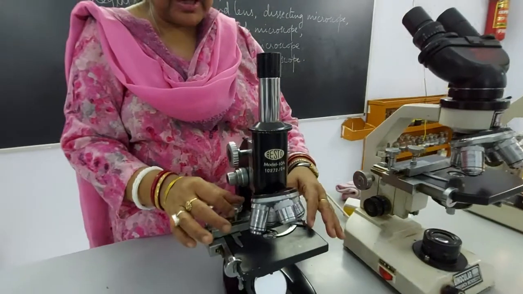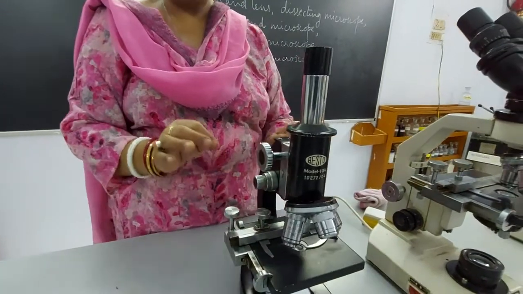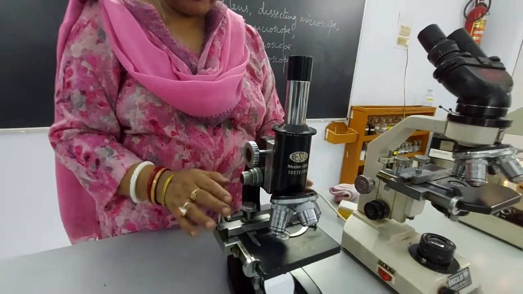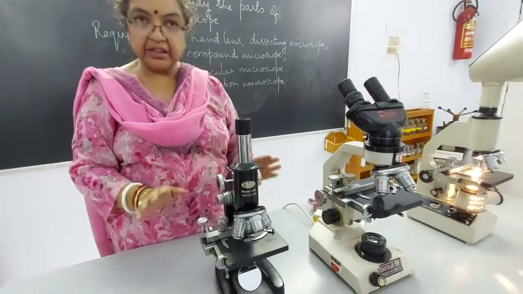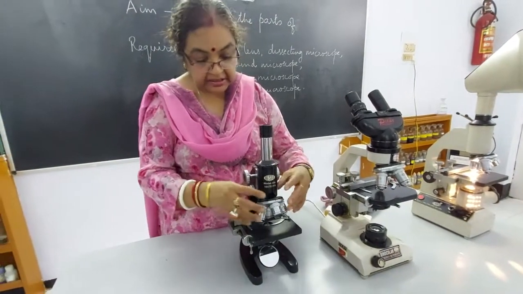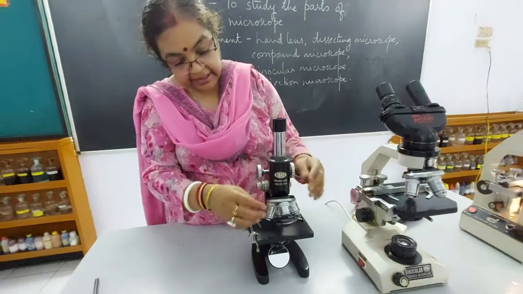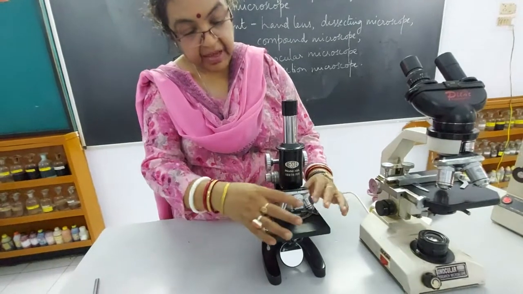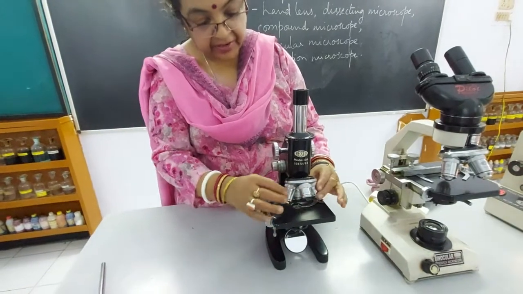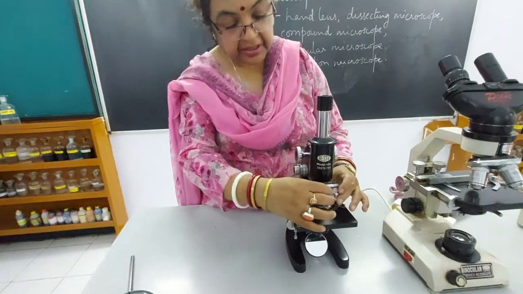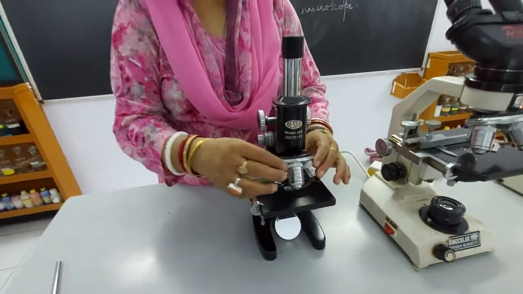Now here there is a vernier scale. We can adjust the scale and then move the slide to the required position. Wherever we can get the best view, we will adjust it this way, upwards, downwards, or sideways, we can move the glass slide. Then this part is very important, children. This is the main body of the microscope. This is called the nose piece, and it has many notches in which the objective lenses of different sizes are kept. That means it can enlarge 10x, 5x, 45x and 100x.